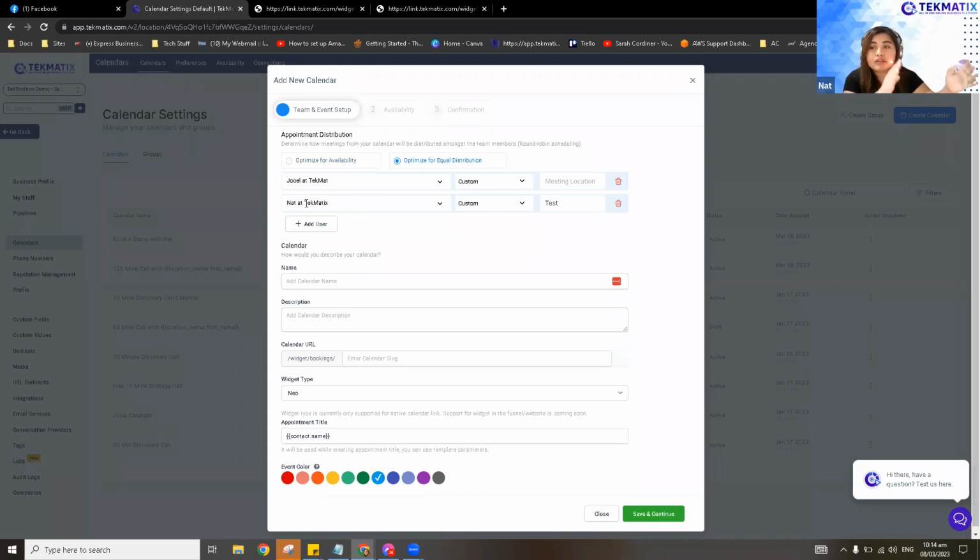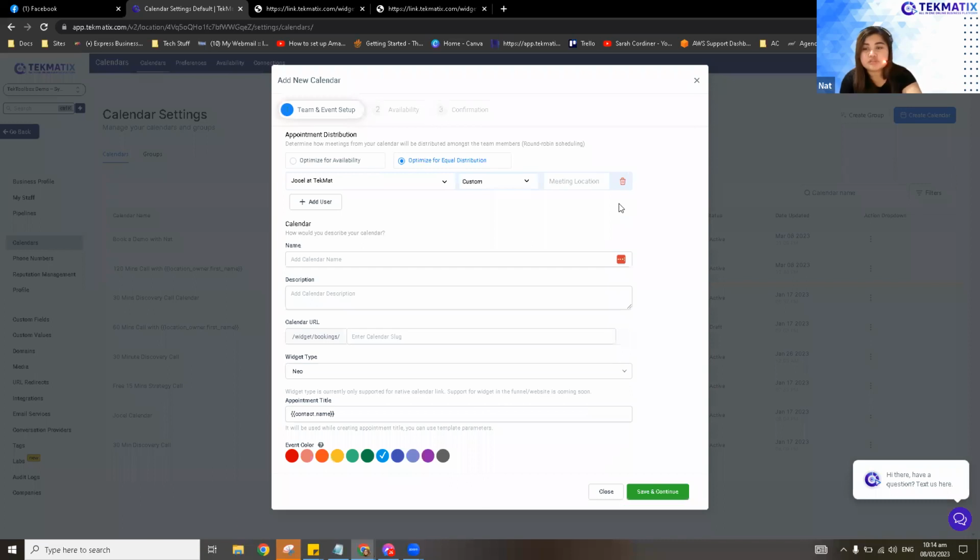So basically, all the bookings will be equally distributed among team members. But if you just have one person handling this calendar, you can just set it up for availability. It actually works the same. So that's how the distribution works. Do you guys have any questions?